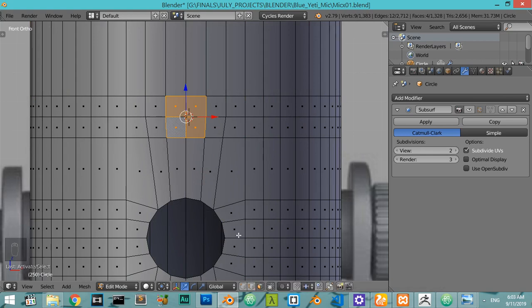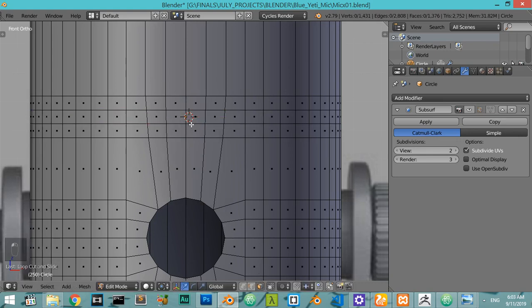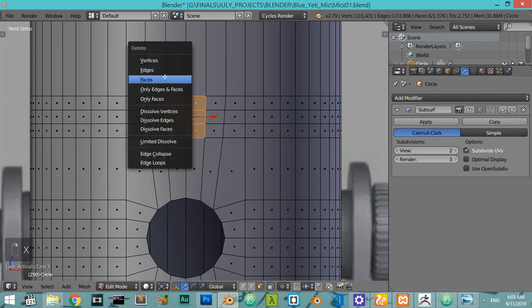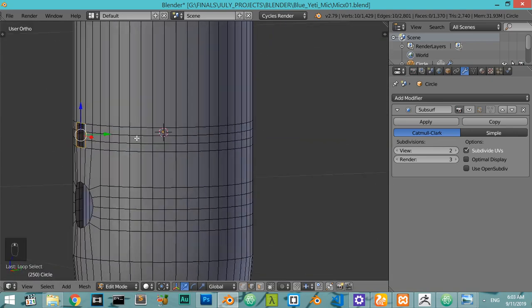Let's try to delete, maybe adding some more here, and we can select delete faces,